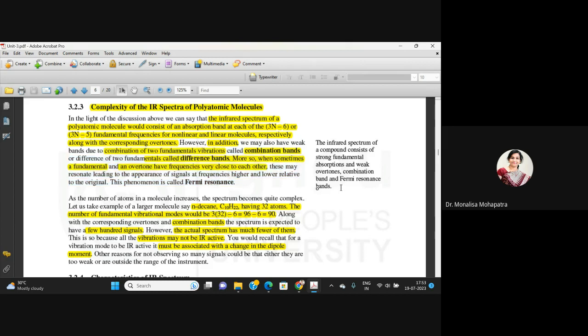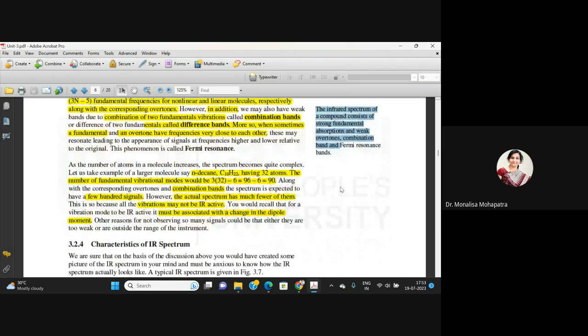So you are going to get a lot of things like fundamental absorption, weak overtones, combination bands, difference bands, and Fermi resonance bands. Here I was asking you about undecane, C10H22, having 32 atoms. We calculated the vibrational modes to be 90, but along with the corresponding